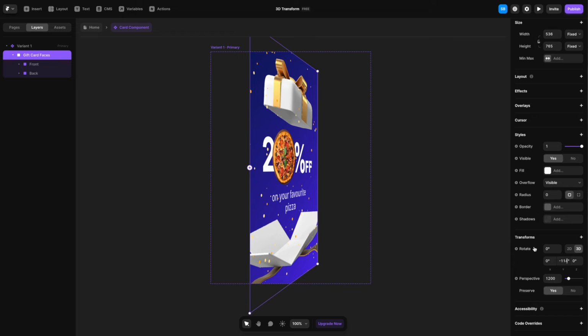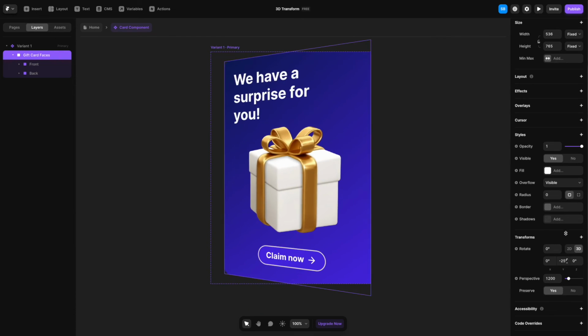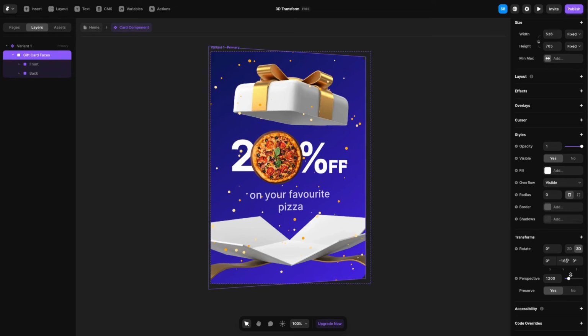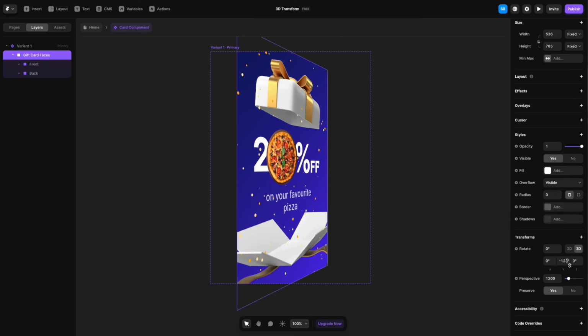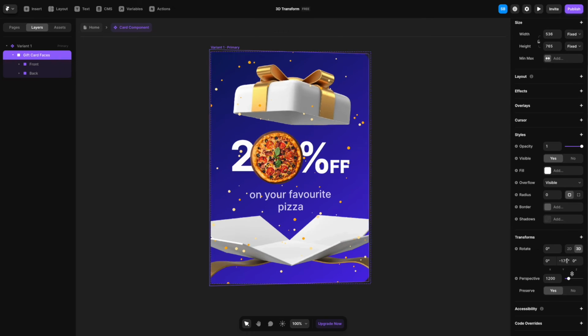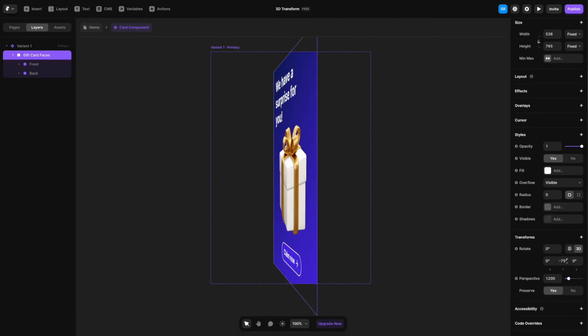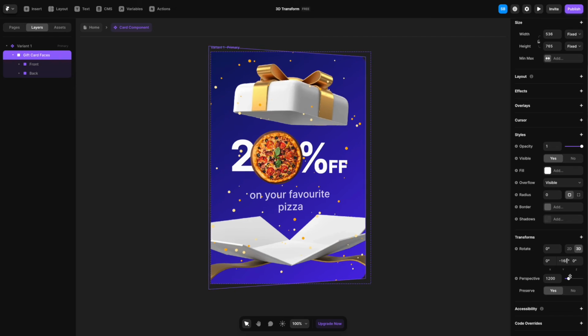So let's just go back to gift card faces and rotate the card again. And now in the front we have the front face and in the back we have the back face as it should be. So this is cool. This is done. Now it's time for us to add the depth to the elements, which will make it look really 3D. So this is the flip card thingy we have done. Now let's just add the depth to the elements.